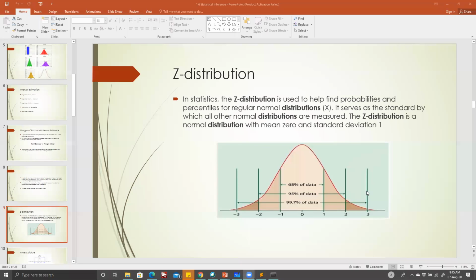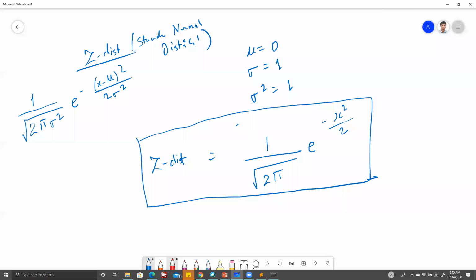Any problem here? If you have any issues, you can just ask me right now. So how come that mu in that Z distribution, which is 0, is coming on the peak? Here that mu is equal to 0. So that peak, what we are saying, should fall towards 0 now.